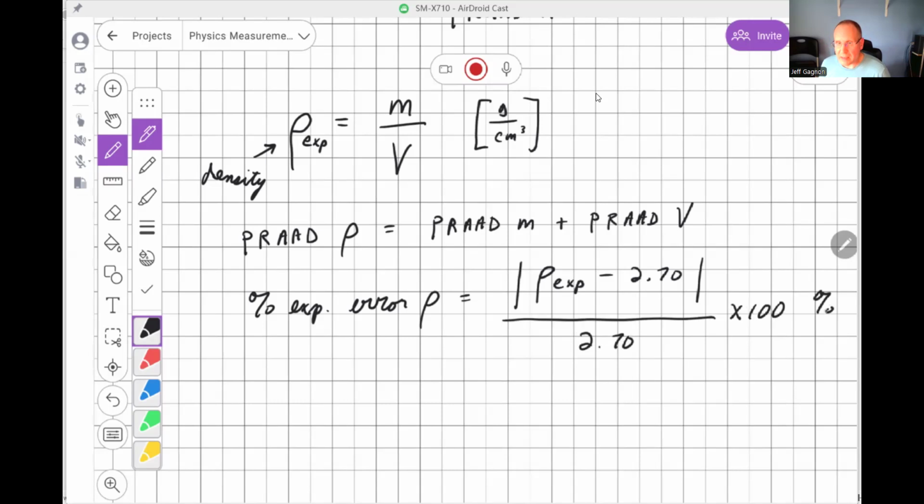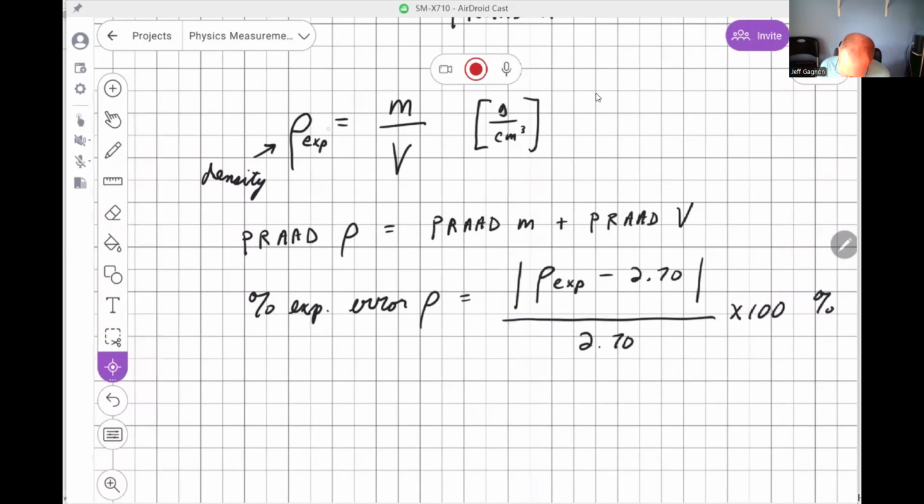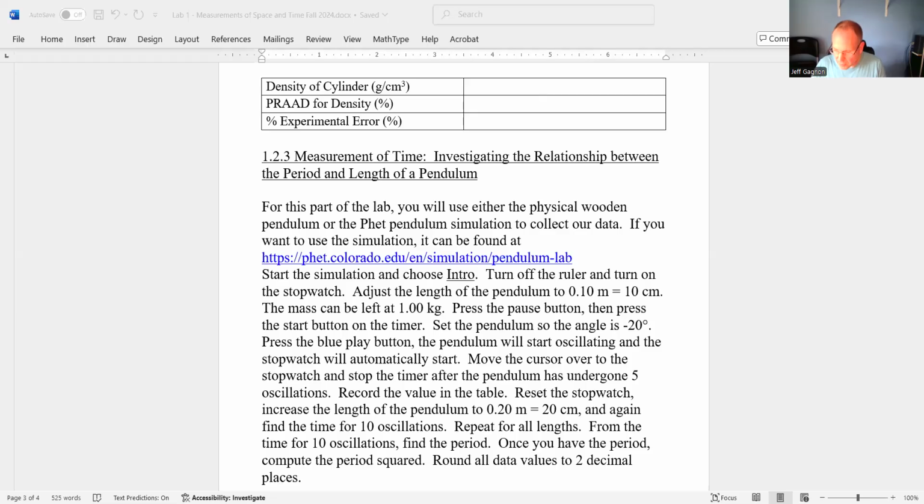And that could be zero. If you calculate your density and you got exactly 2.70, then this could be 0%. And that's great. That's fine. For error, it's okay to have 0%. It's only Prad that we can never get 0%. Okay, and then once you have that, then the first part of the lab is done, the density of the aluminum cylinder, that part of the